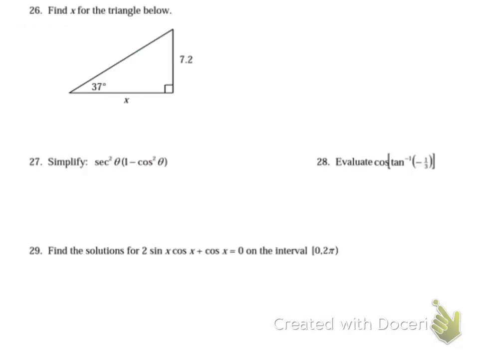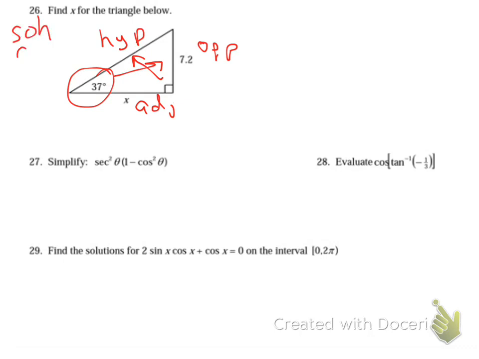26. Find x for the triangle below. So if I look at my angle, I label opposite, hypotenuse, and adjacent. And just remember our little saying, SOHCAHTOA. I want to know the adjacent and I know the opposite, so the one that uses O and A is tangent. You set it up: the tangent of your angle, which is 37 degrees, equals your opposite, which is 7.2, over